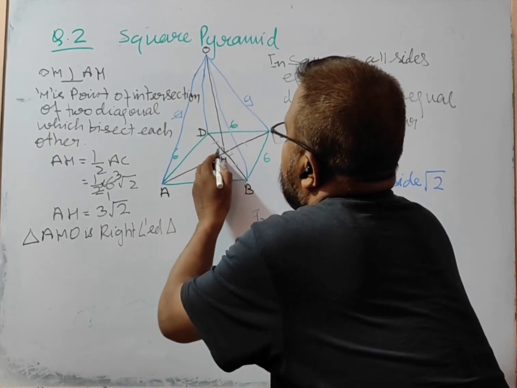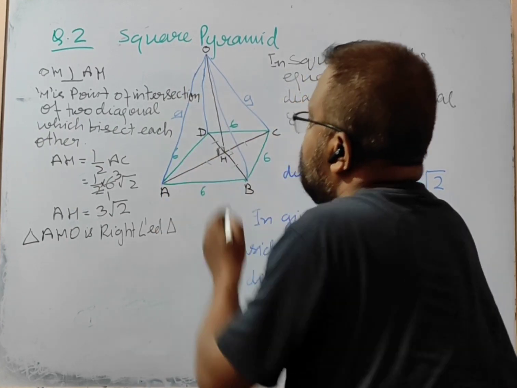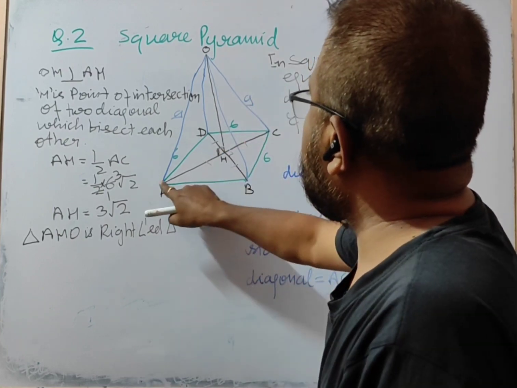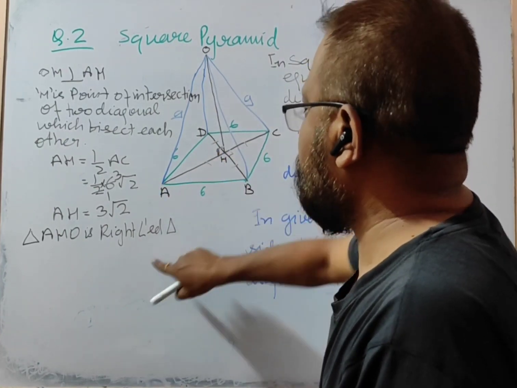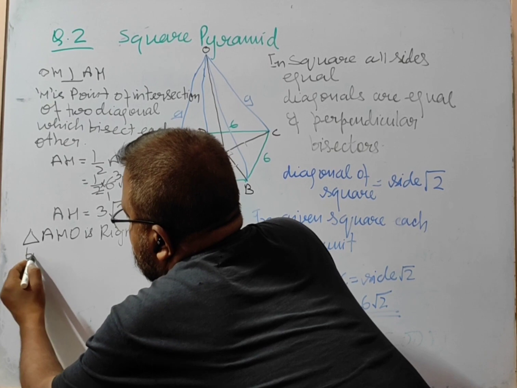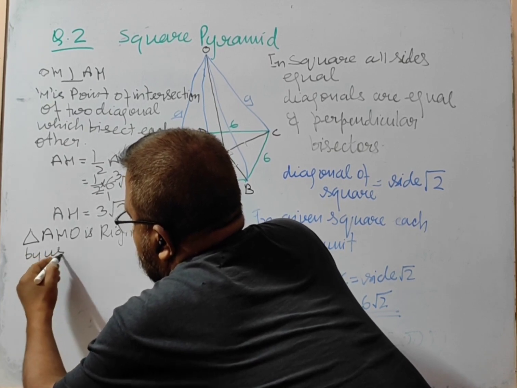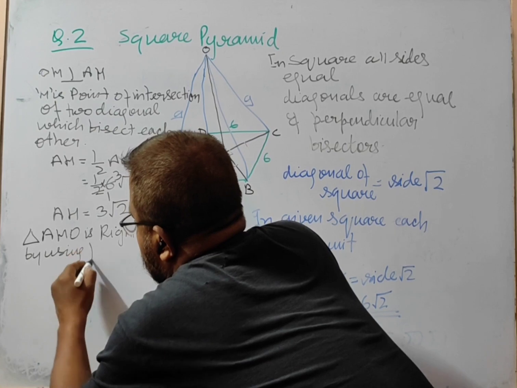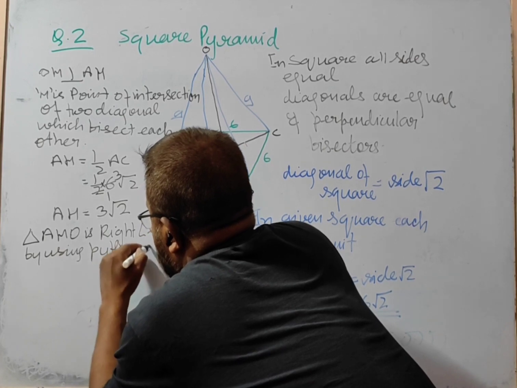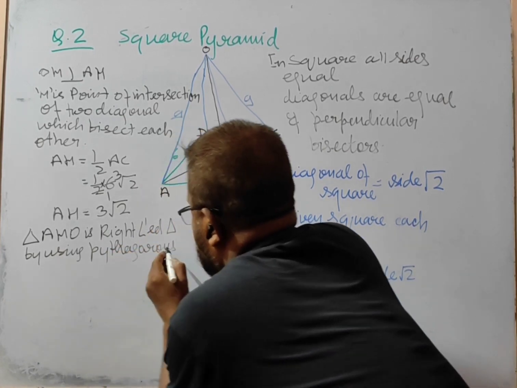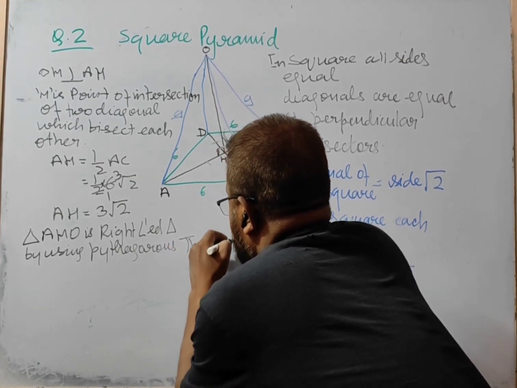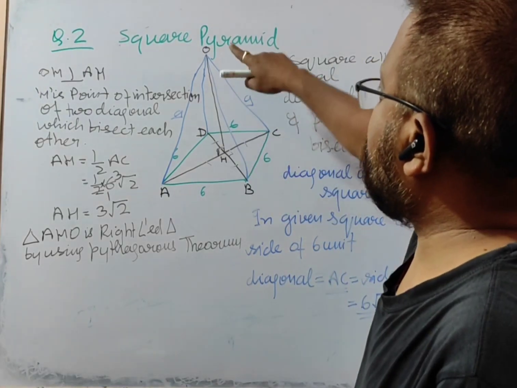This is at 90 degrees. If one angle in a triangle is 90 degrees, it becomes a right angle triangle. So in AHO this angle is 90 degrees, so it is a right angle triangle, right? By using Pythagoras theorem,